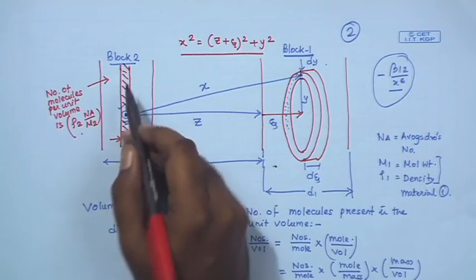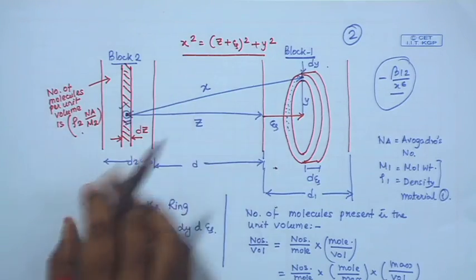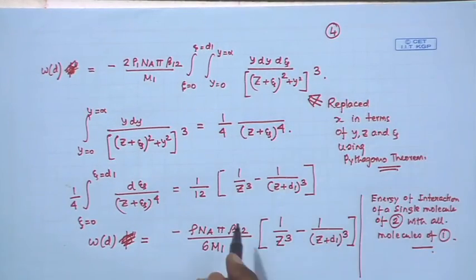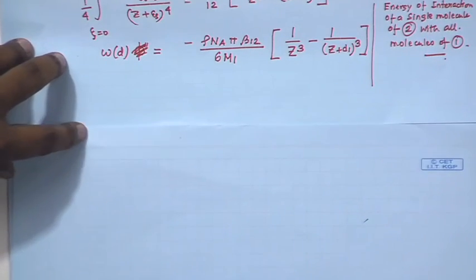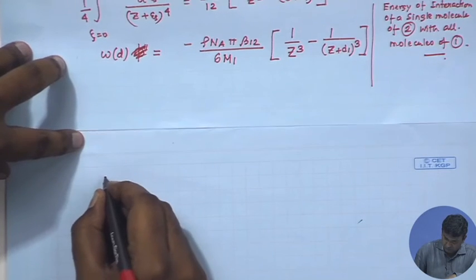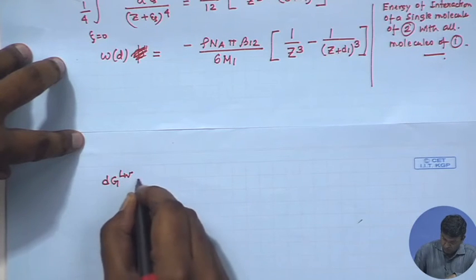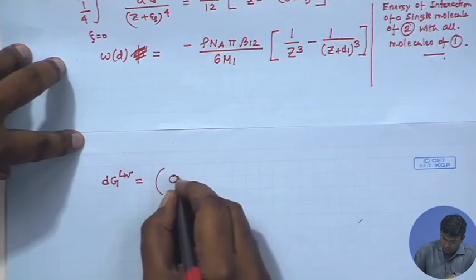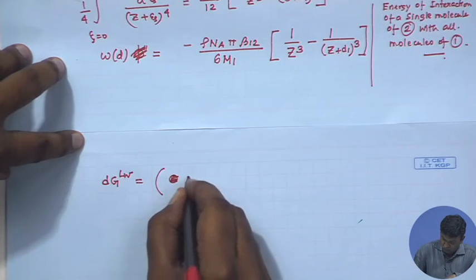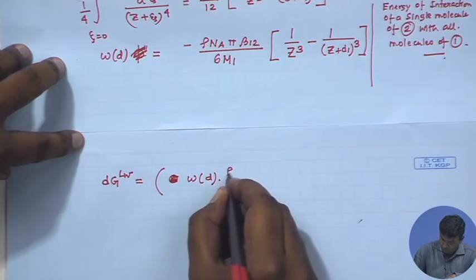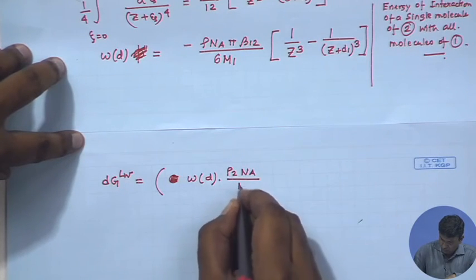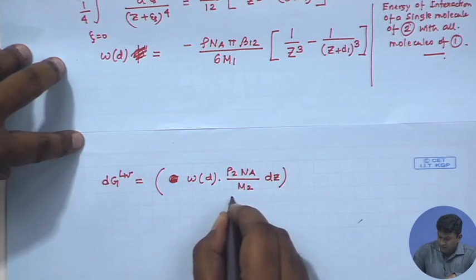So, what we can do is we can find out the energy of interaction of all molecules present within this thin strip with that of 1 very easily, and that turns out to be, take a fresh page and write it here. What is this? This is simply,